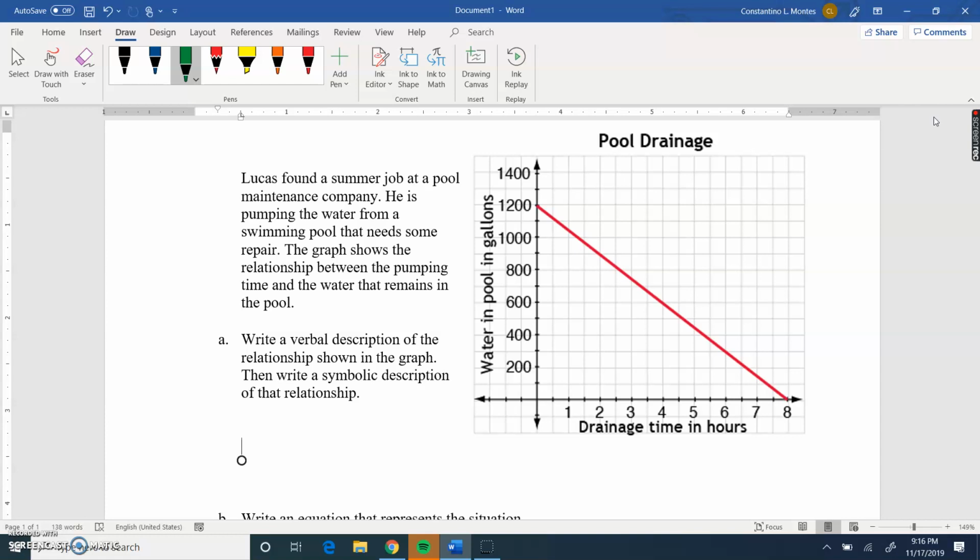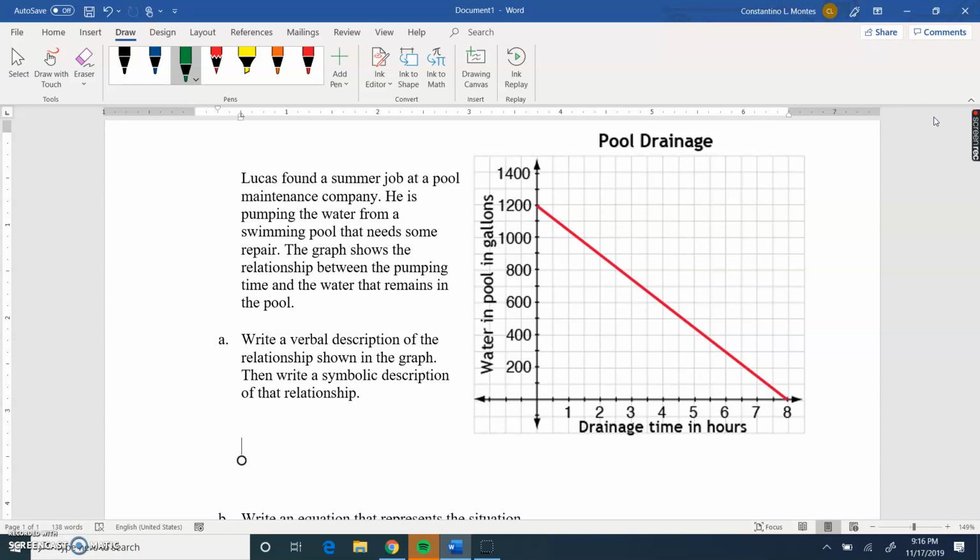It's titled Pool Drainage. We've got drainage time in hours as the independent variable graphed on the x-axis, and on the y-axis, the dependent variable, which is water in pool in gallons. Just based off of everything that I see on this graph, I should be able to come up with my own backstory if I wanted to. We're given one here on the left, but really,